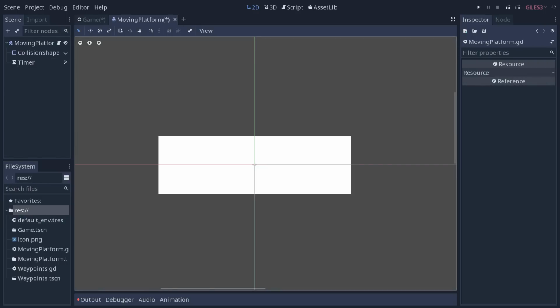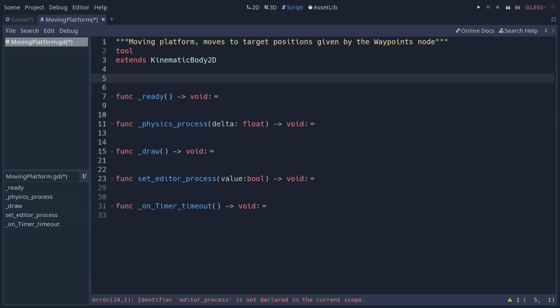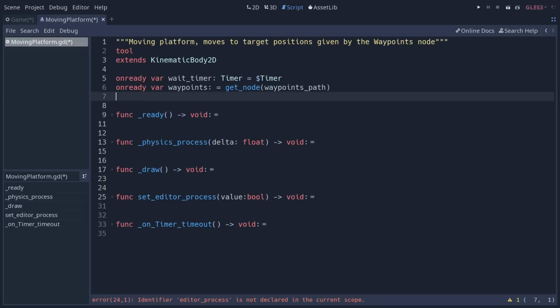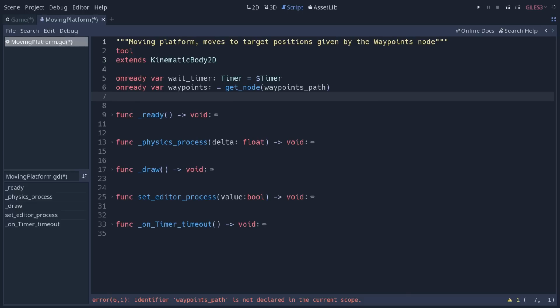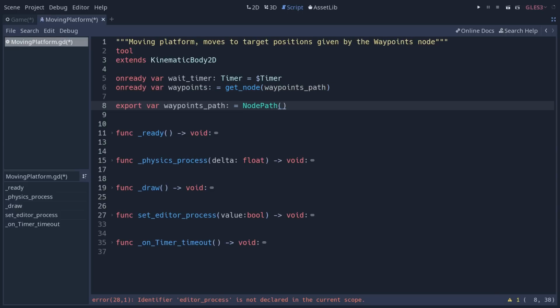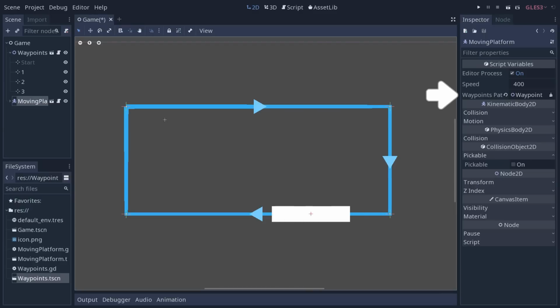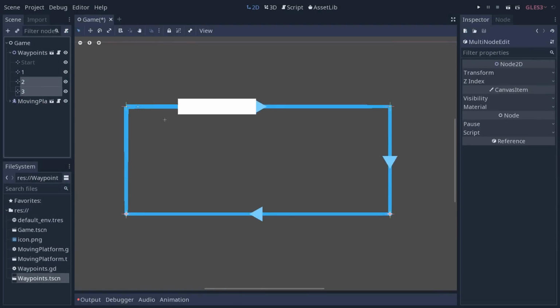Now let's jump onto the script to see how this all works. First, you want to have access to the nodes that you are going to work with. There's the wait timer at first, and then the waypoint nodes. The waypoints node is going to use a path, an empty node path that we export to the editor. This is what I showed you in the intro, the tool we use to connect the moving platform with the